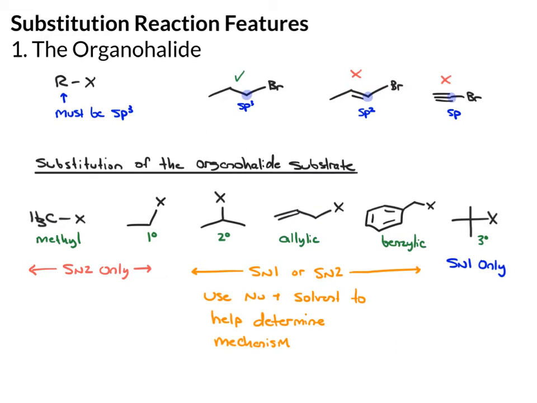Let's take some time to discuss why these particular substrates have the mechanistic preference they do. Why can these only do SN2? Why can this only do SN1? To answer this question, we're going to start with the SN2 reaction. And in the SN2, the nucleophile is involved in the rate determining step, and it must be able to fit. So if you compared an SN2 with a methyl halide versus a tertiary halide,